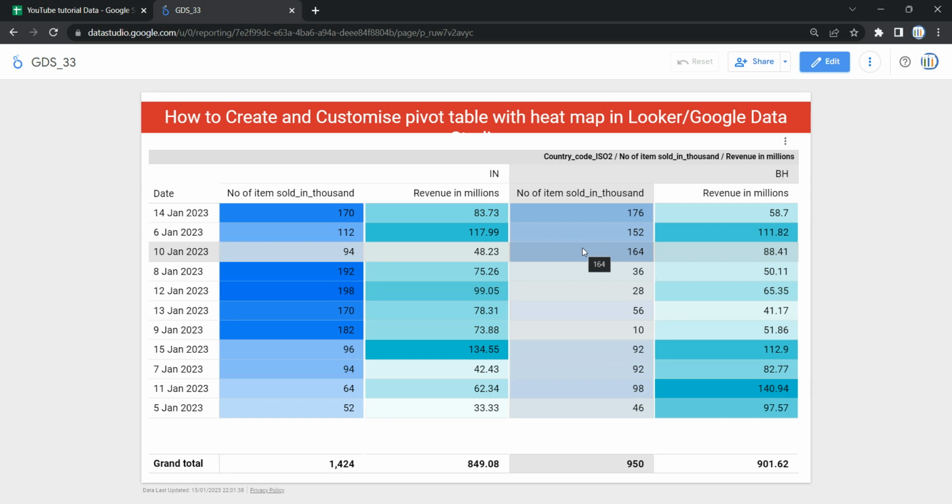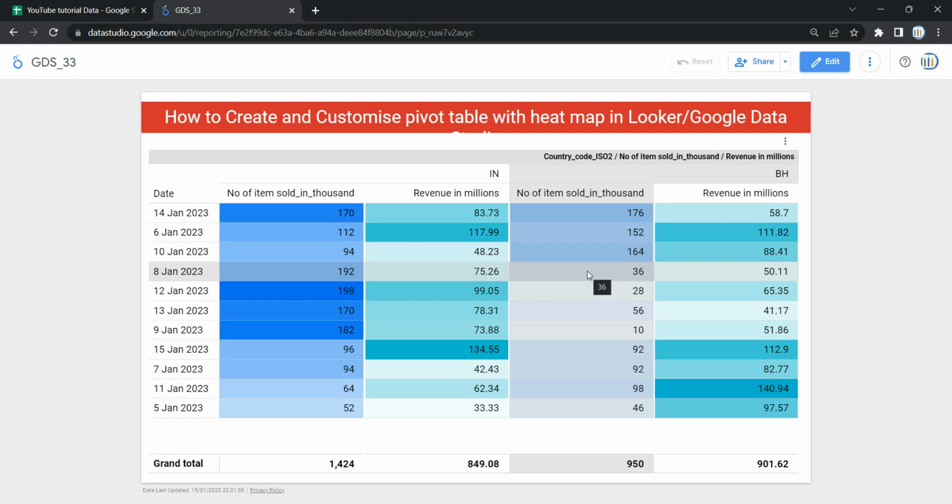A pivot table, however, quickly shows the relationship of this data. This table easily summarizes the data for you, and you can quickly spot outliers or anomalies in your data. Pivot table in Looker supports adding multiple row and column dimensions, which further breaks down the data and gives you even more insight about your data. So let's go and create a pivot table just like this that you see on your screen from scratch